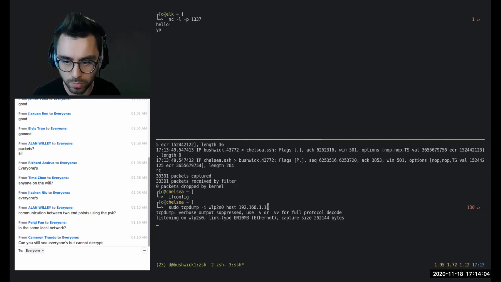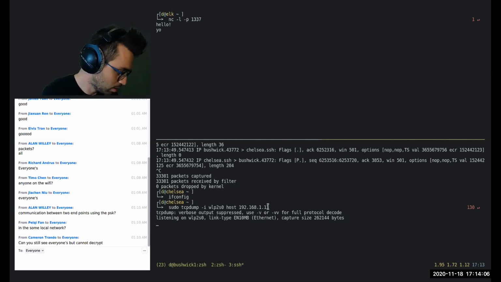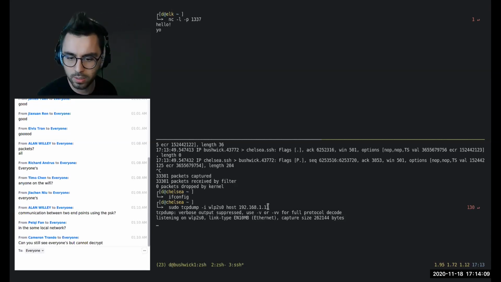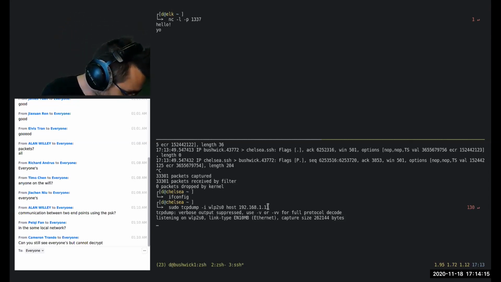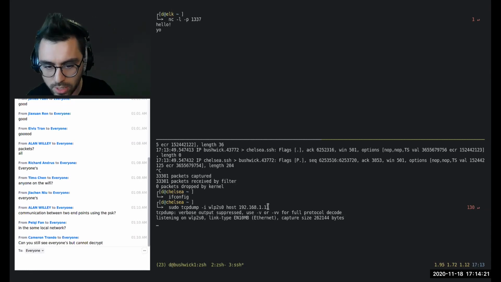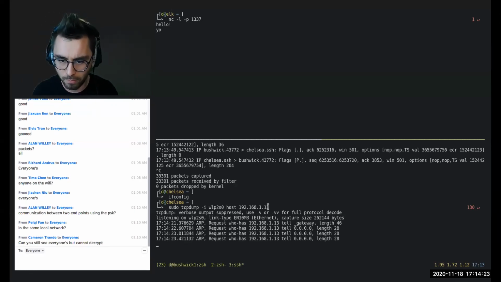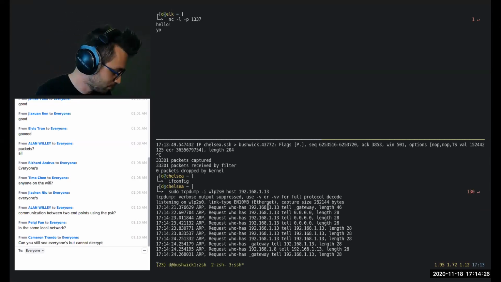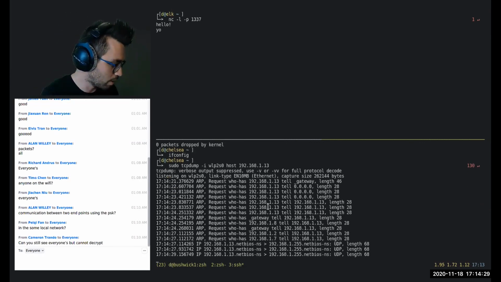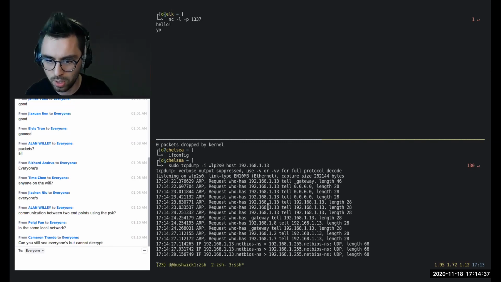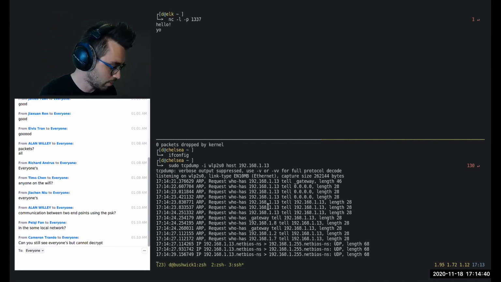We might be seeing network traffic from this machine, but let's see, maybe not. All right. I might be connected to a totally different Wi-Fi. Okay. Well, tcpdump is the command line equivalent of Wireshark. We're already seeing some stuff. Great. Okay, so if I go to neverssl.com, I should maybe see neverssl sending some stuff over. I should maybe also be seeing some connection to the other machine.